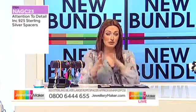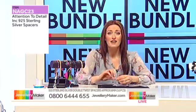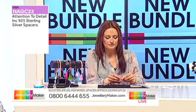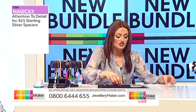These are so beautiful, and don't you think what you put with your gemstones, or if you're still using glass or plastic, or a mixture of everything, what you can accent your beads with can make a massive difference, can't it? You know that. So have a look at these. Now you're going to be blown away by the price of these, because how much would you pay per bead in a bead shop? So these are all 925 sterling silver,